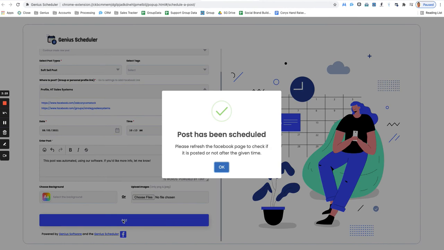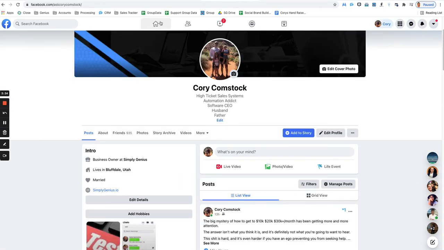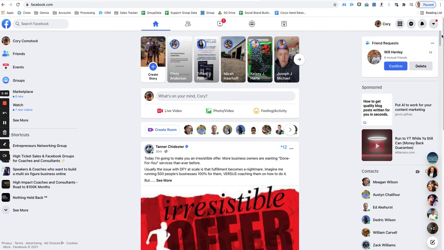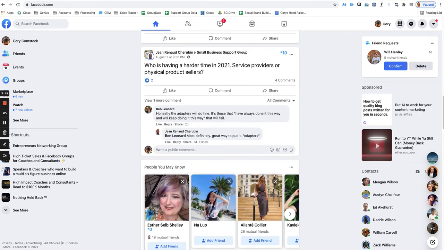It's going to add. So while we're waiting on that, I'm going to go back to my profile and go to my feed, and there's a couple things I can do. Let's just say I'm scrolling down and I decide that I have to have this post. That post is getting a ton of engagement. This is a good one, I want to remember this. I want to use this post sometime.